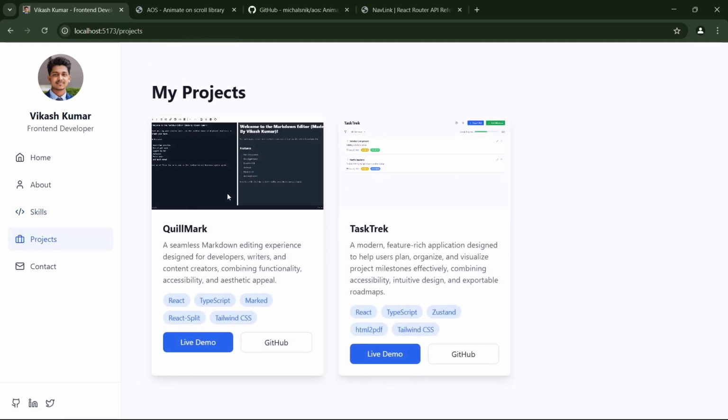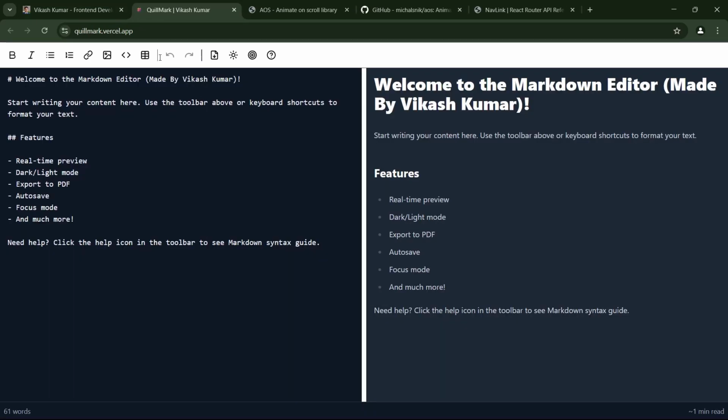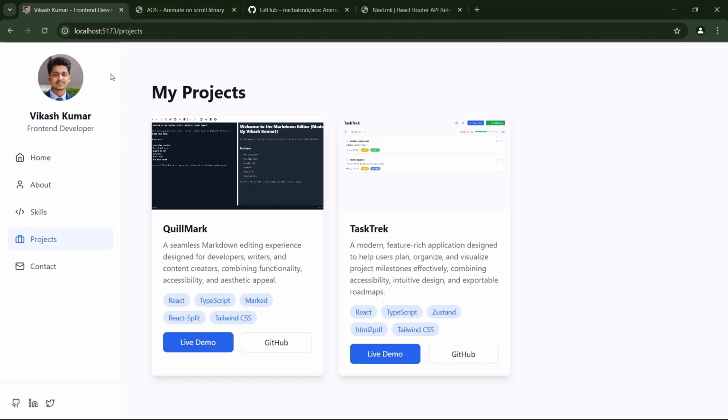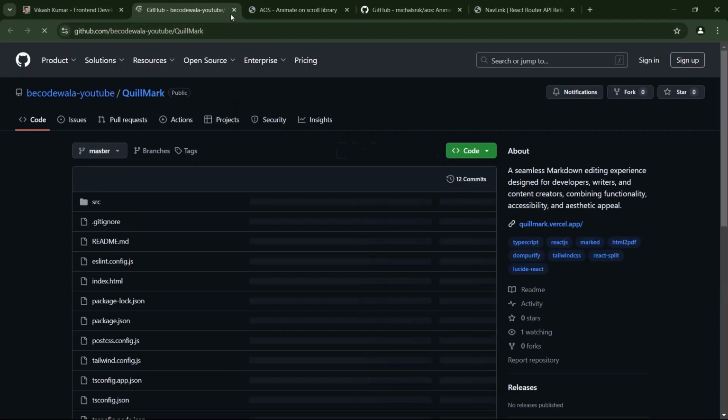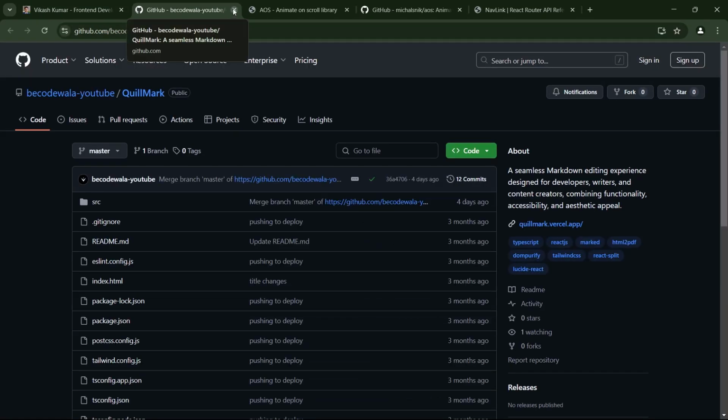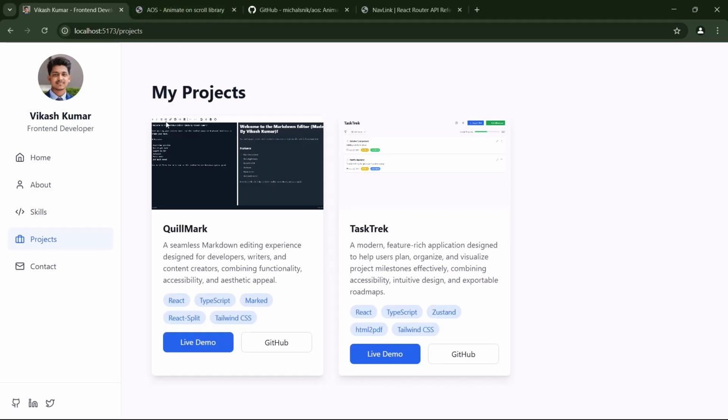Now come to the project section. In projects you can see how beautifully we have pasted the snapshot of our project, then the name of our project, then a description of the project, what this project does, and what tech stack we have used, like React, TypeScript, Markdown, React Split, Tailwind CSS. And you can see the live demo. When I click on live demo, it will show the live demo of my project. And now you can go to the GitHub, so it will show the GitHub source code of this project, and this